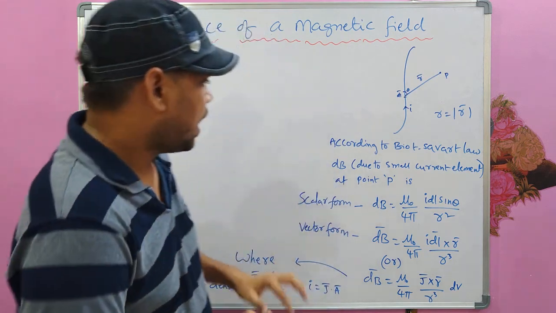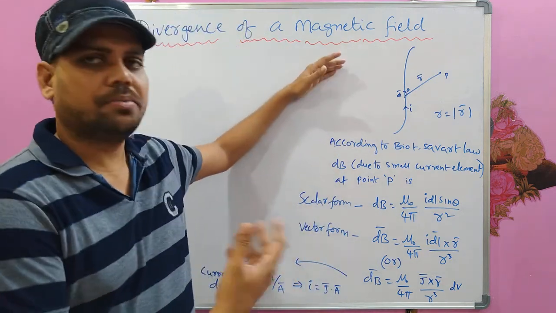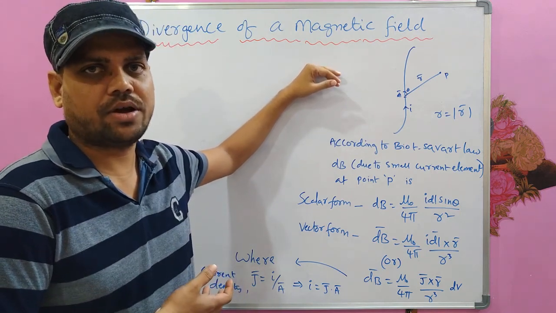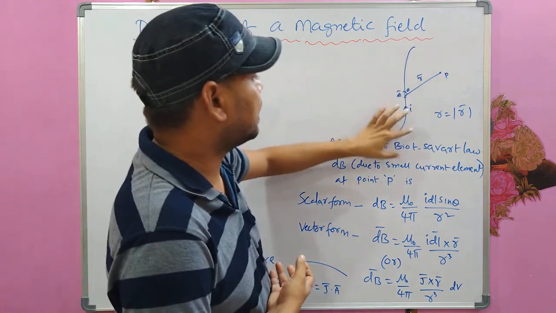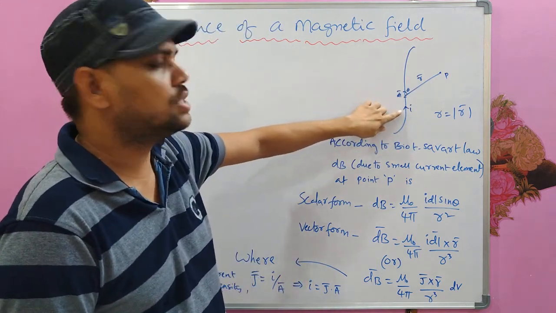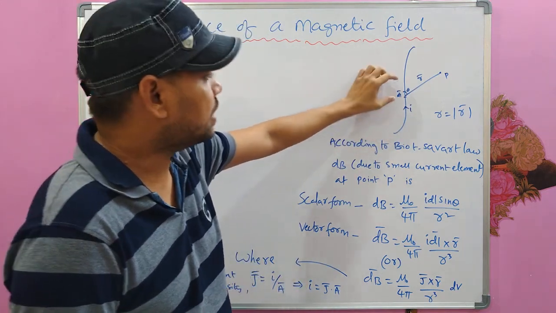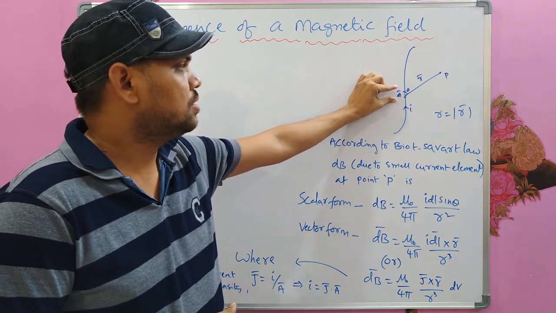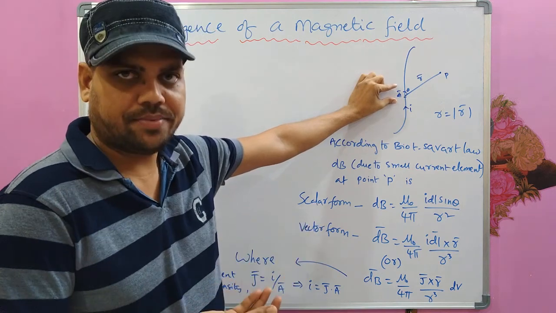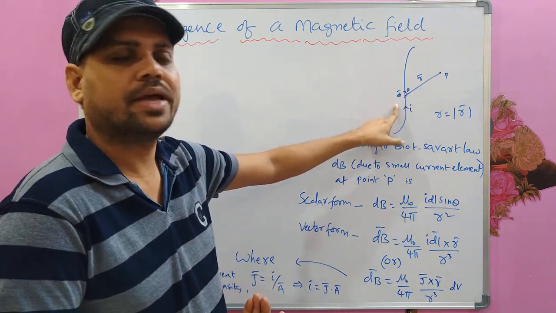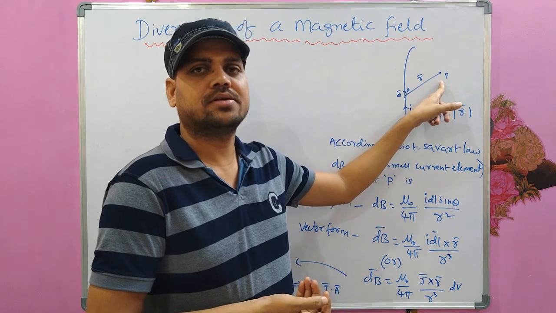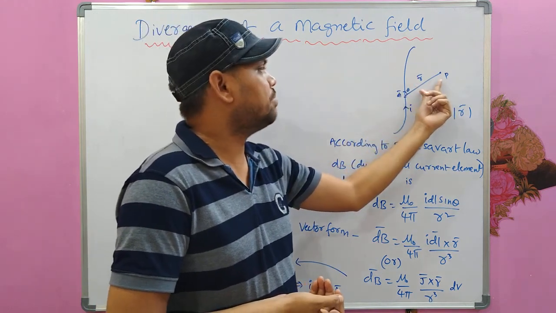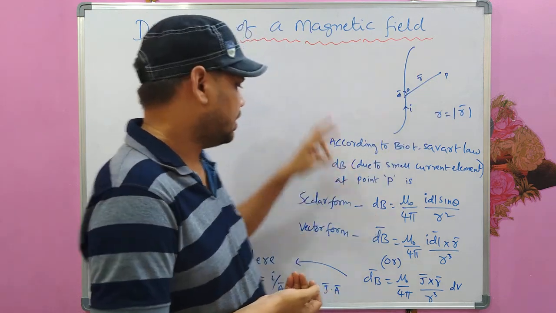So here I have written about Biot-Savart's law. Let us try to recall our knowledge on it. This is the current carrying conductor through which current I is flowing, and from that conductor I have taken a small element dl, which is a current element because current is passing through it. At a point P from the small element dl, if I want the magnetic field, then that would be this.